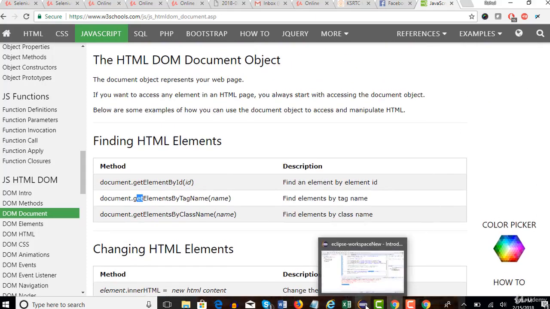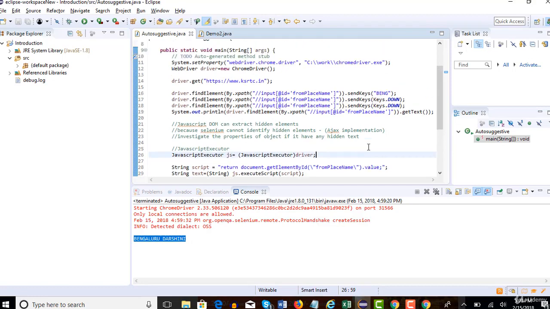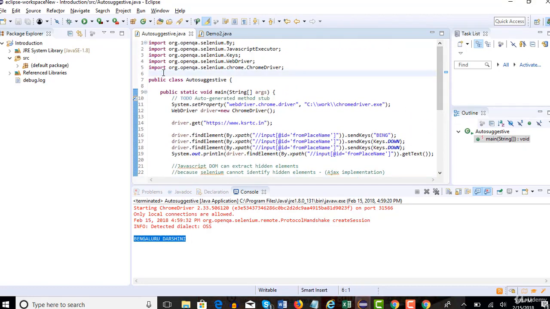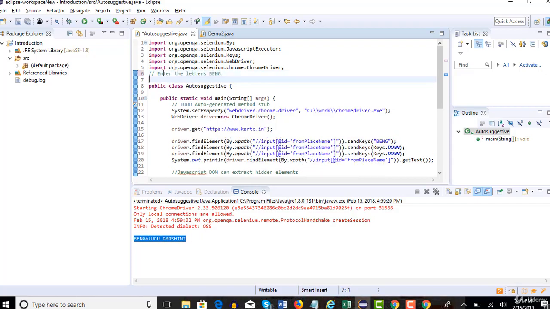Okay, so let me go back. But our actual requirement is not yet resolved. So what is our test case goal here? Our test case goal is to enter the letters PENG, and verify if the airport option is displayed in the suggestive box.